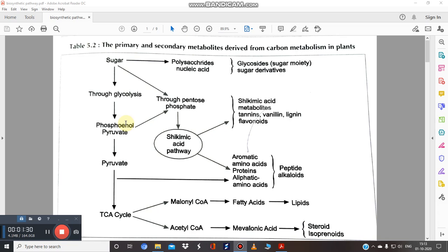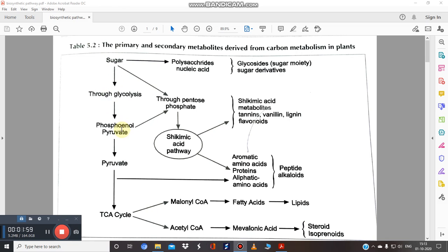And we know primary metabolites are required by the plant and they are directly involved in growth, development and reproduction, whereas the secondary metabolites are generally required to provide the defense mechanism to the plant, and they include alkaloids, glycosides, tannins. And we humans have explored the secondary metabolites from the plant for the treatment of various types of diseases and disorders. So just see this sugar